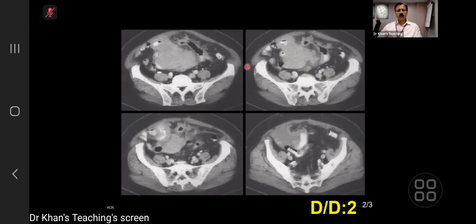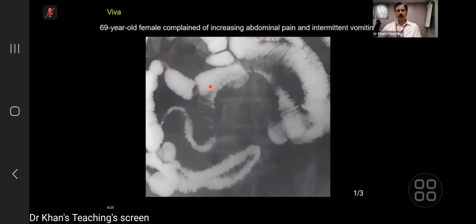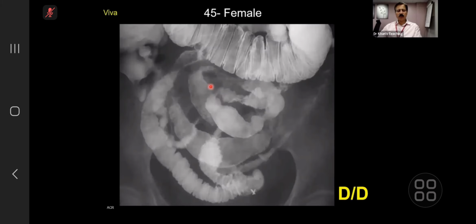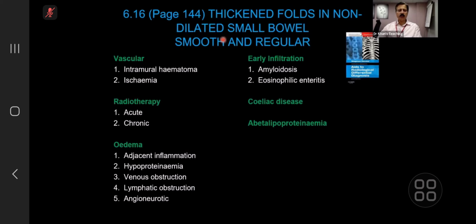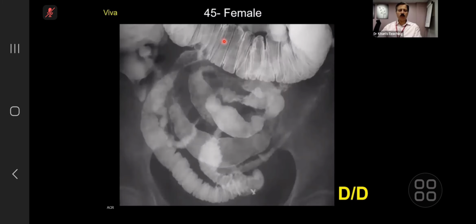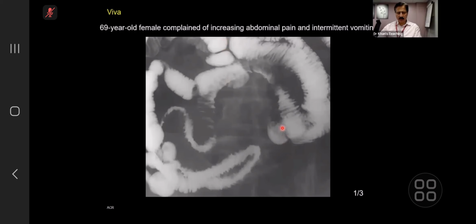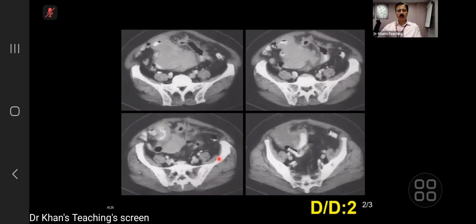Okay, so I'll take over. You see, this is lymphoma. Now, please remember that if you see thickened loop, long segment, and things like that, lymphoma is in the differential. Now, what is happening? The lymphoma is sitting in the mesentery, and from the mesentery, it is going into the adjacent loops, and it will cause this thickening and all those things. Now, you did well where you wanted to rule out a carcinoid, but the point is that